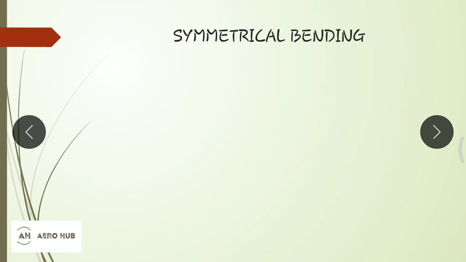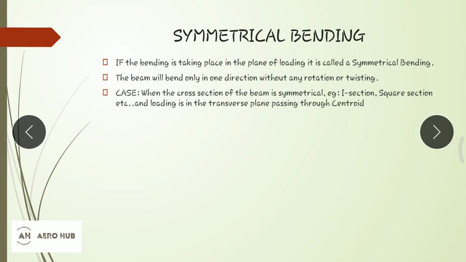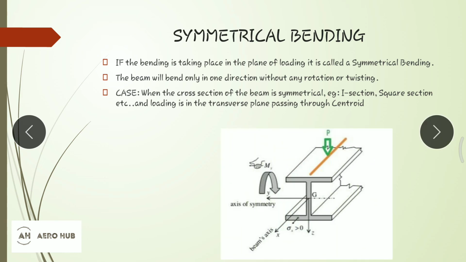Now we will discuss what symmetrical bending and unsymmetrical bending are. If the bending takes place in the plane of loading, it is called symmetrical bending. The bending will be along one direction without any rotation. For example, we have an I section. For an I section, when you apply the load along the line of symmetry, we will have